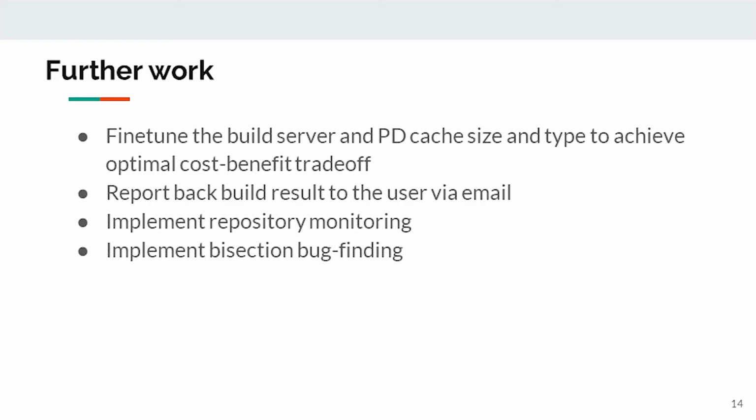Given more time on this project, there are some additional features we'd add. We'd like to further optimize the size of the build server in terms of CPU and RAM, and the size and type of persistent disk given the trade-off between cost and build time. We'd also like to allow users to have build results emailed to them automatically using the SendMail service, implement repository monitoring so that builds can happen automatically when a new commit is made, and create a bug-finding feature that uses